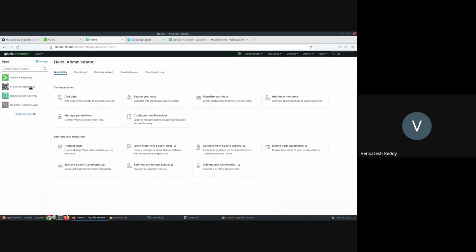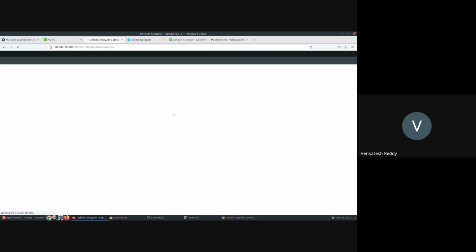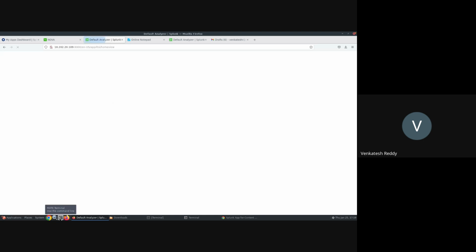Okay, so this is my Splunk instance with ITSI installed. When I click here in the ITSI app, you can see there is nothing configured. It takes a couple of minutes to load, and meanwhile I will show you a simple CSV diagram.